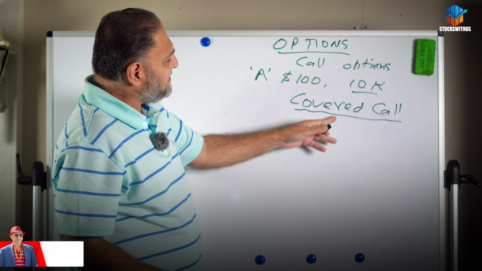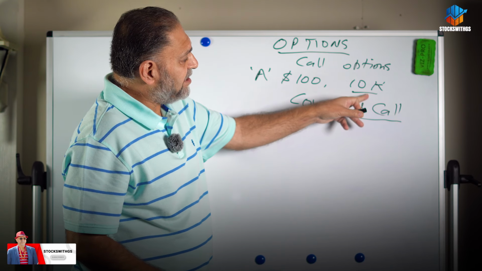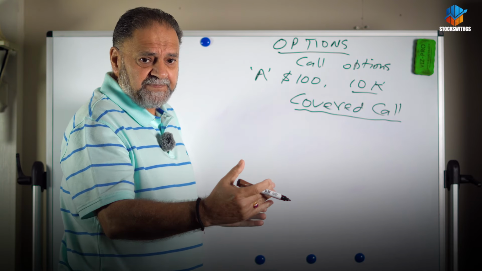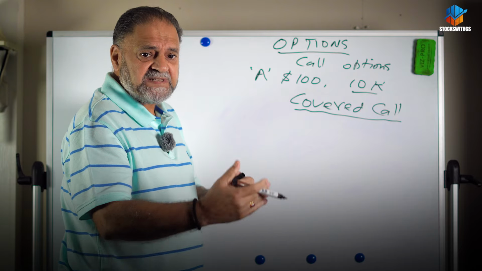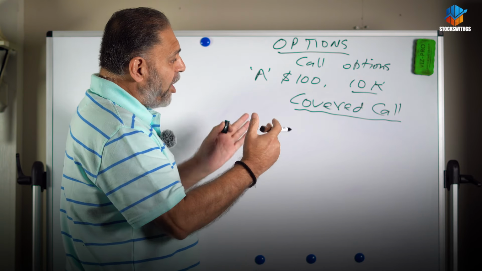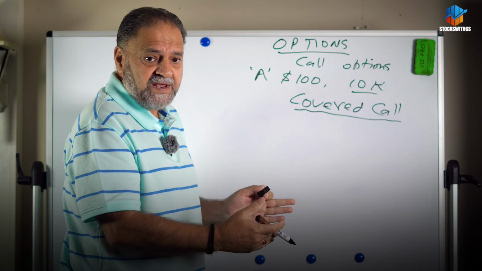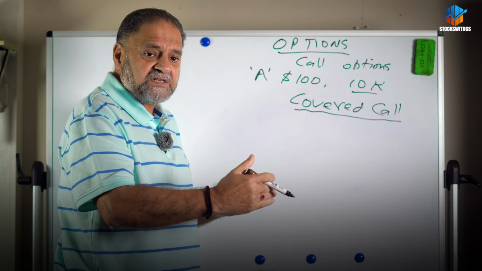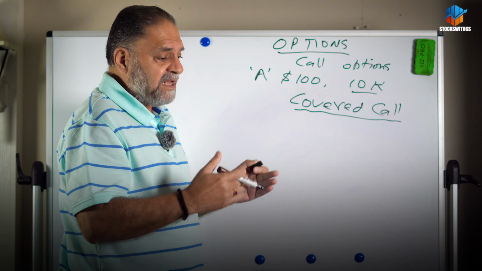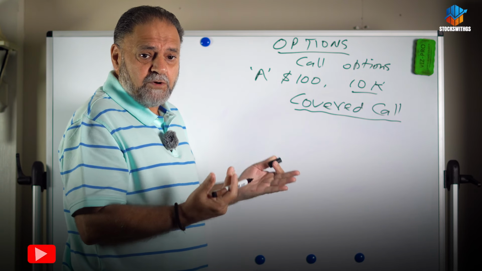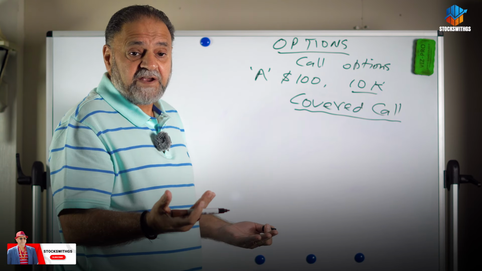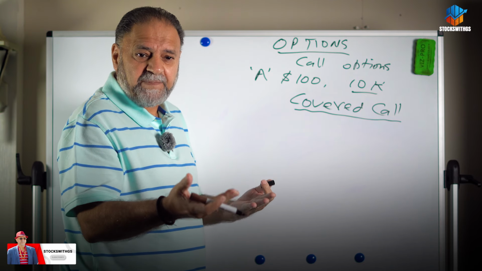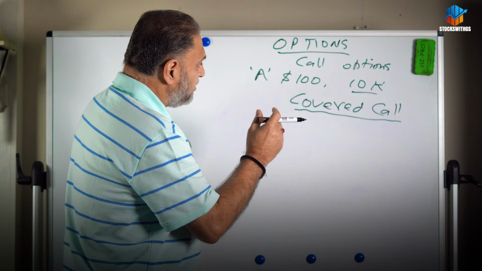So covered call is, whatever stock you have, $10,000, you can make money on your stock every month, every 2 months, every 6 months, every 1 year. So if you sell options to the people who want to buy the options, they pay you the premium. So you keep the premium, and if the stock doesn't go to the required strike price, then you keep the premium. Like if they don't hit the lotto, they lose the amount they paid for buying a lotto. So guys,